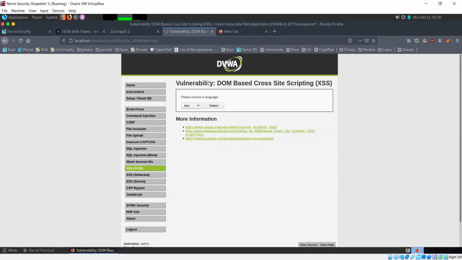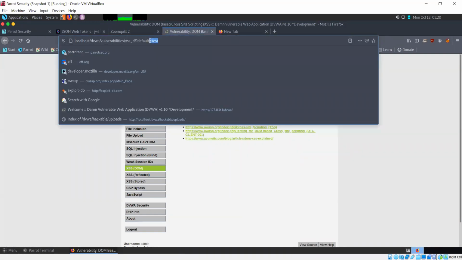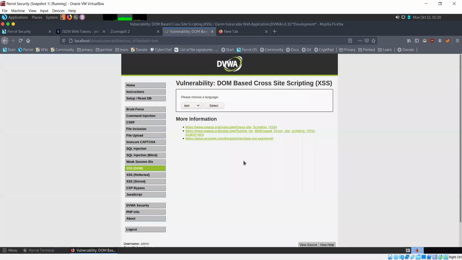Now what's happening here is that when we provide an input here, that is able to change the value defined here. So maybe we can insert a script, and that is going to interact with the document object model, or the DOM, and change the value here.